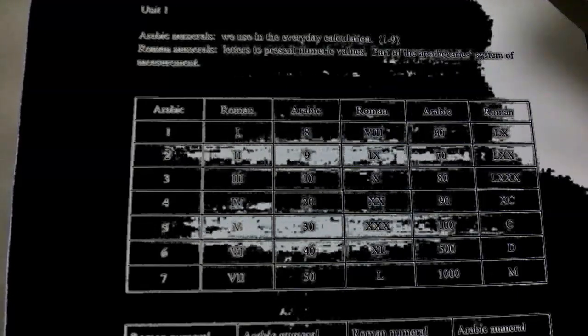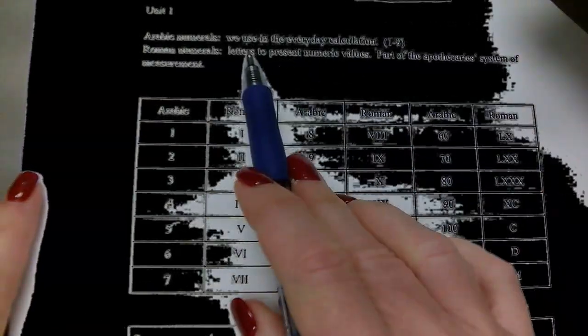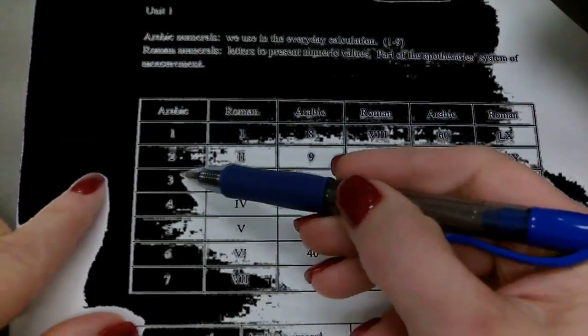Okay, so today we're going to talk a little bit about the difference between Arabic numerals and Roman numerals. In this discussion, we use Arabic numerals every day. It's numbers like 1, 2, 3, 4, 5 that we see every single day and we're used to. Now, Roman numerals, something you may remember, some of you may not, depending on your age, are letters